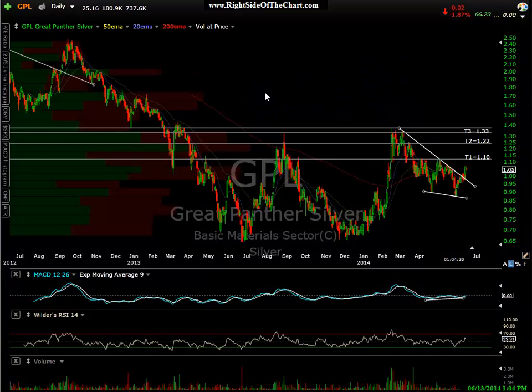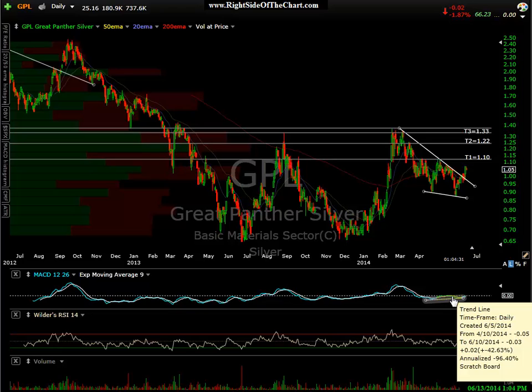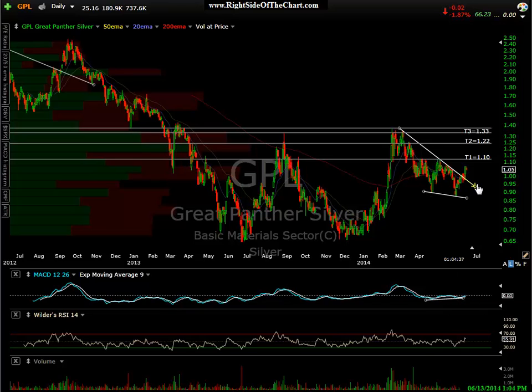This is GPL. GPL was just recently added as a long setup, and then it broke out, had a nice move out of the bullish falling wedge pattern. Positive divergences in place under that bullish falling wedge on the MACD here. And now this is a very thinly traded stock and a low price stock. You put those two together, and a gold stock to boot, a silver stock. So you have one of the most volatile sectors. You have a very low price stock, about $1 a share. You put those factors together, and you better adjust your position down in this stock, or it'll take you for a ride. These low price stocks, especially in this sector,